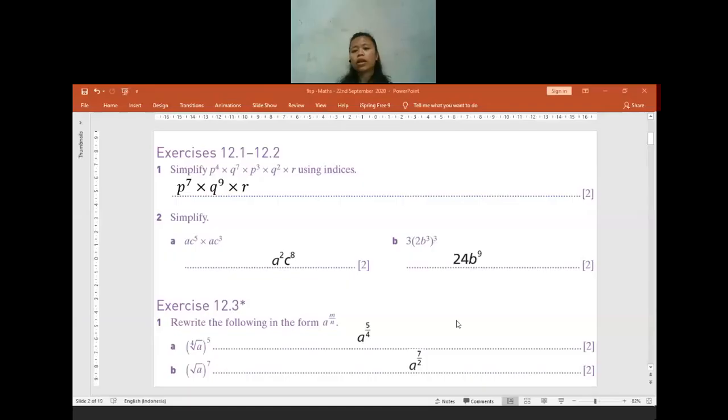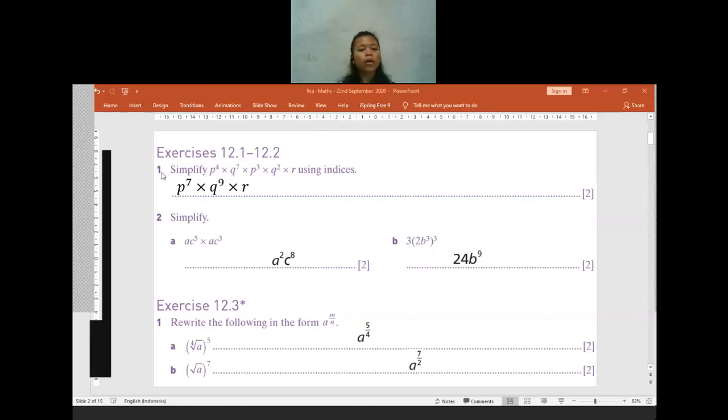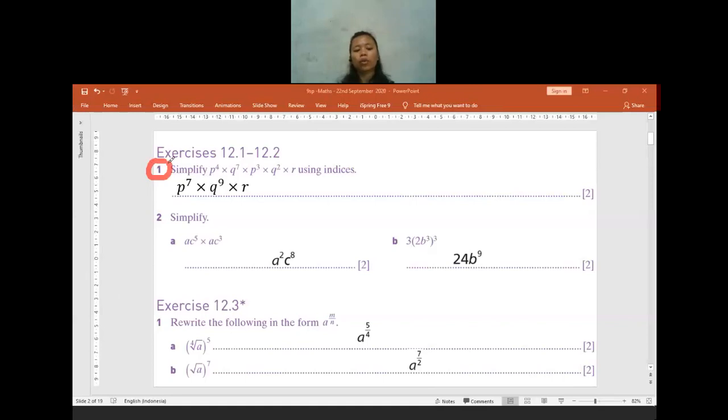Is there anyone who has any confusion from yesterday's discussion? Yesterday we already discussed question 1 and also question 2. Before I continue, please let me know if you have any question. Okay, if you really have no question, I hope all of you already understand question 1 and question 2, because the material for the chapter-wise test will be similar to the workbook and the revision questions that I gave to you. Question 1 and question 2, you already understand, all of you, for sure?